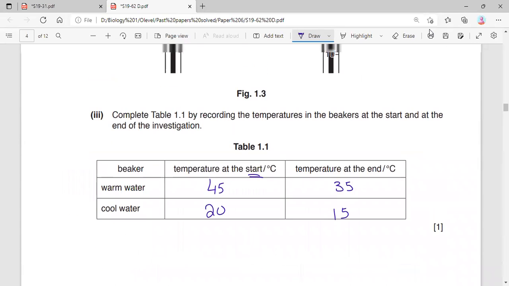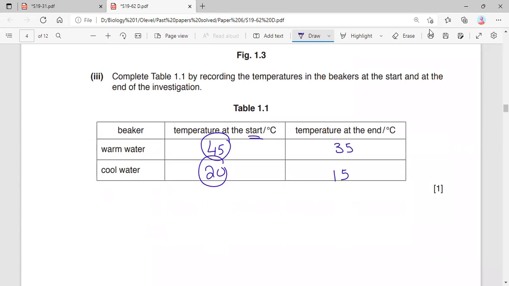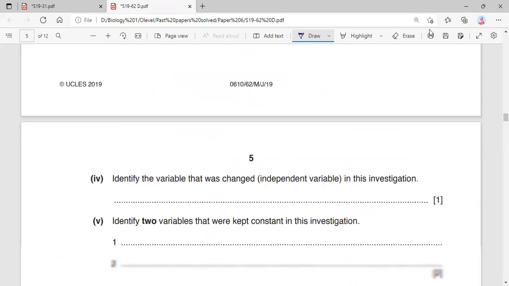This is, of course, not accurate. It's not accurate because the temperature has to remain the same throughout the whole experiment in order to know the effect. Okay, so here what did we say? In order to maintain the temperature the same, you have to use a thermostatically controlled water bath so that the temperature remains the same throughout the experiment. Okay,